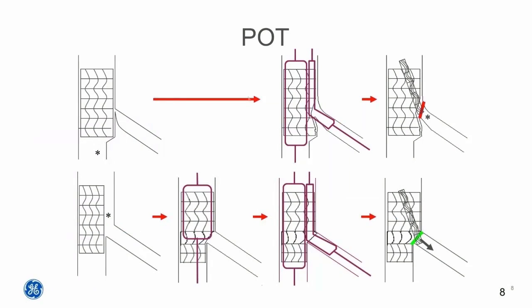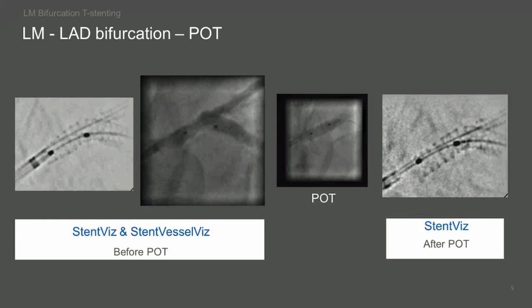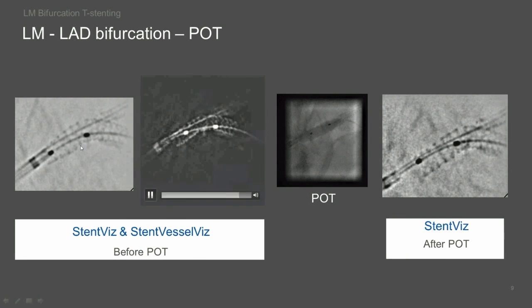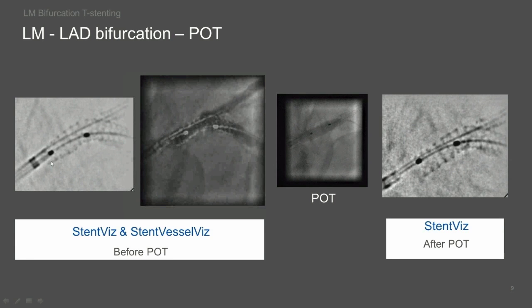And to be sure that we will be able to get to the distal strut without going between the stent and the wall of the vessel, it is important to impact well the proximal part of the stent, get to the distal strut, open it with a balloon, and then put the second stent through the distal strut to cover the side branch. So for this case, we can clearly see that with the stent vis, the stent was not well